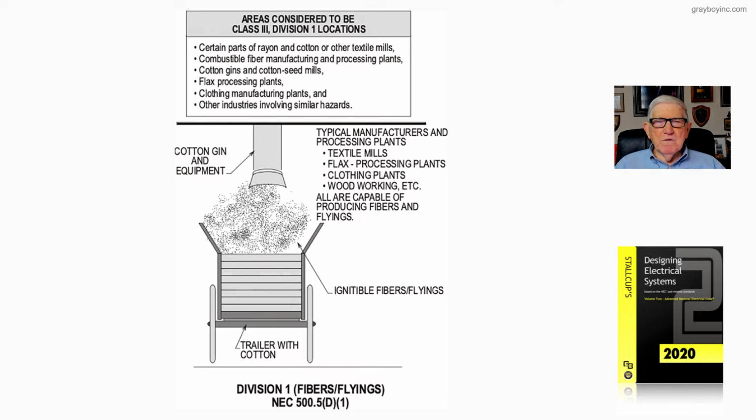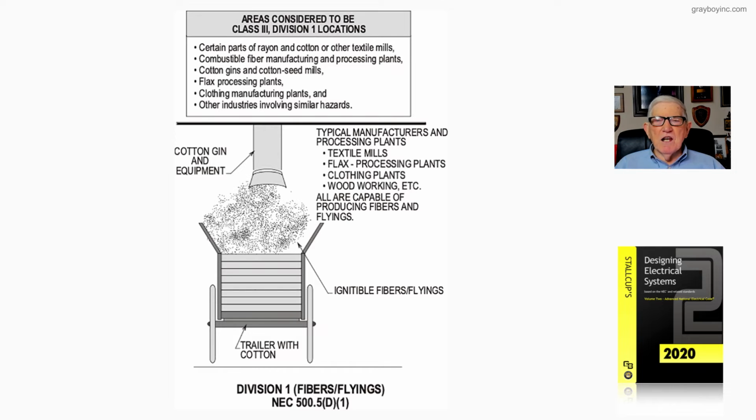Now let's review this figure 21-5, and we're dealing with areas that are considered to be a Class 3 Division 1 location. But notice we're dealing with flyings and fibers, such as you see here, maybe a cotton gin and equipment you see. And as we gin this cotton, you notice that we do create clouds. And of course, other typical manufacturing and processing type plants could be like textile mills, woodworking, clothing